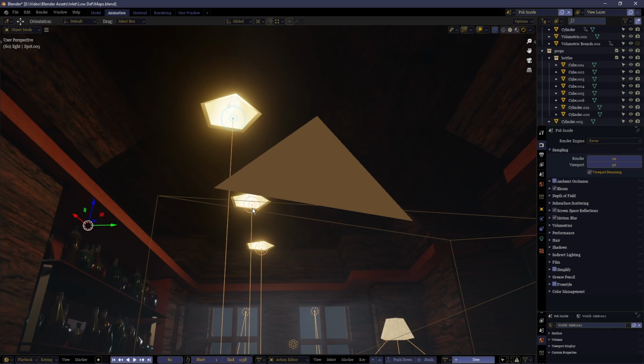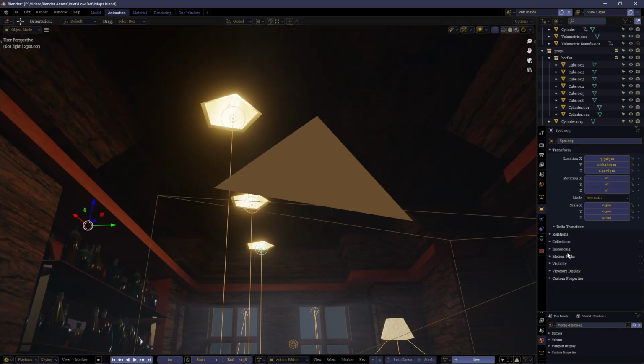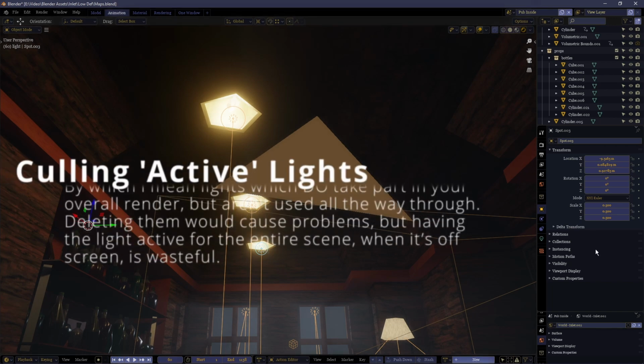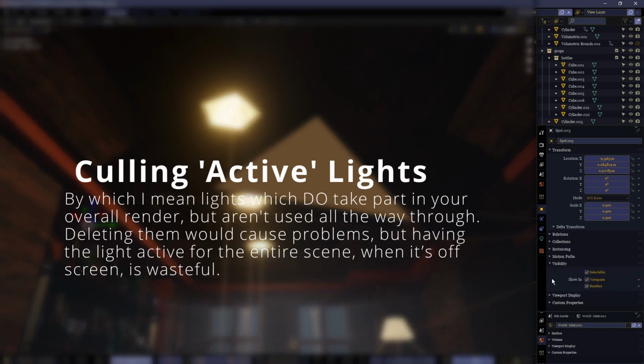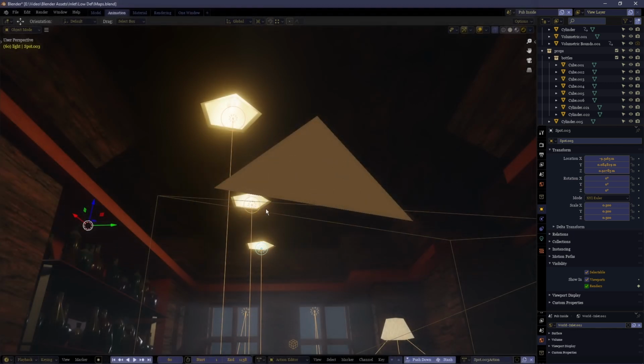Oh, something else I should have mentioned about the culling part. The same goes for lighting as well. What you can do is select your light source, go down to the visibility tab and animate its rendered tick mark. So it's a bit of a slow process, you have to do it manually.